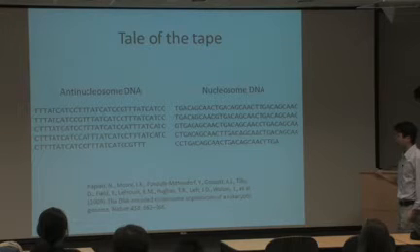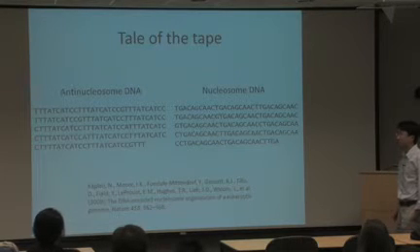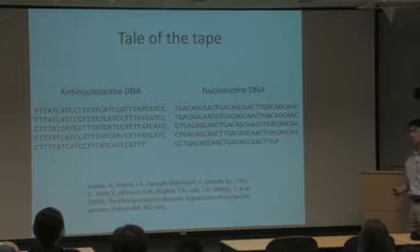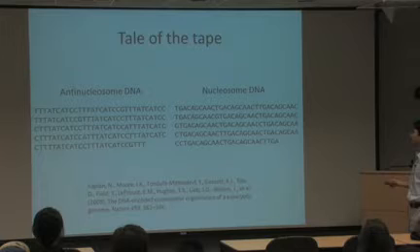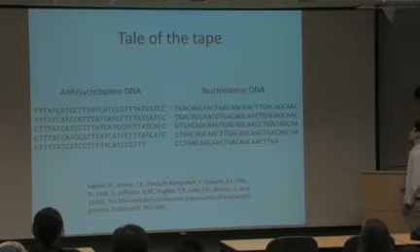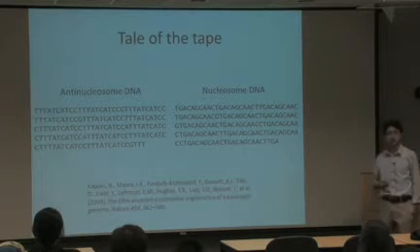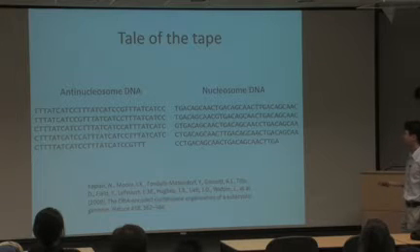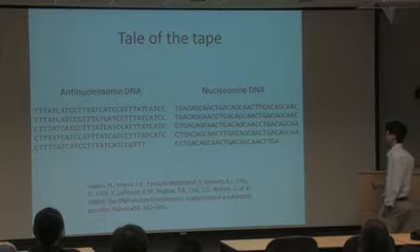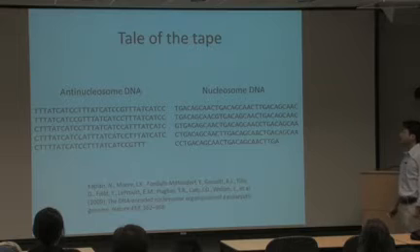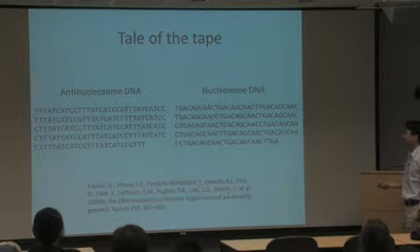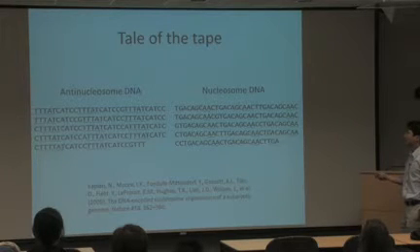So as I mentioned before, we're going to compare two different DNA molecules which have opposite nucleosome affinities. One is called antinucleosome DNA, the other is called nucleosome DNA. As you can see, these are repeat sequences. These are synthetic DNA molecules whose sequences are obtained from this landmark paper from Widom and Siegel in 2009. Now, what's different between these two sequences is in the antinucleosome DNA, you see these AT-rich regions, which are